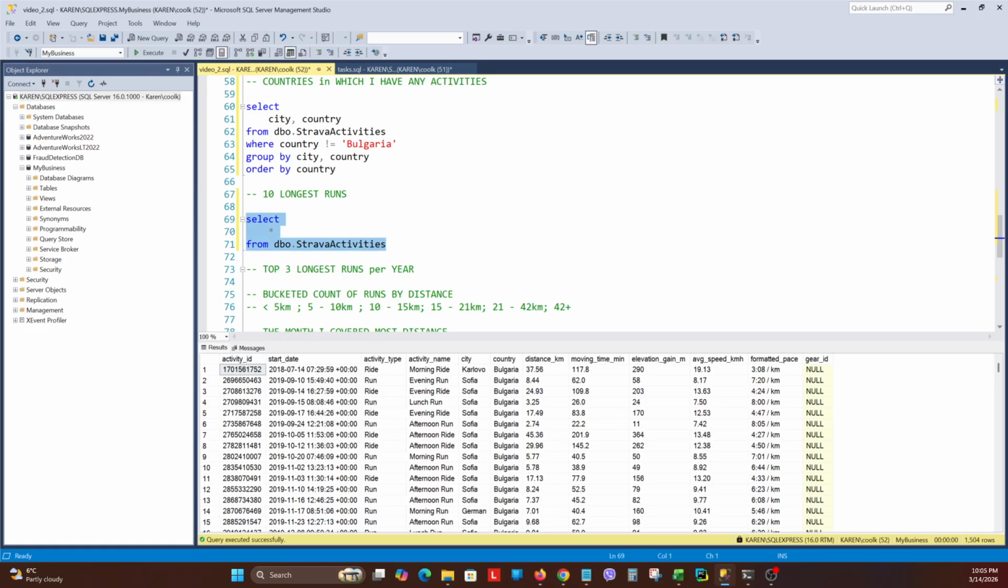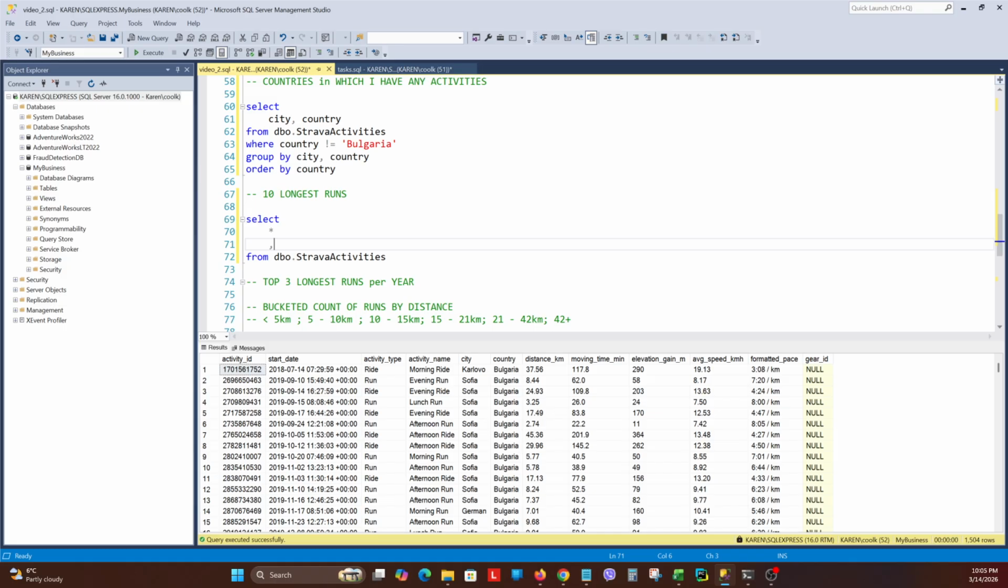And here I can use a window function using this column here, distance_kilometers. So comma, I'm gonna use simply row number over, and here I'm gonna write distance_kilometers order by, actually I think the correct sequence is order by distance_kilometers in descending order, and I'm gonna give this